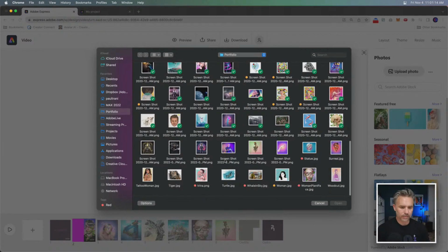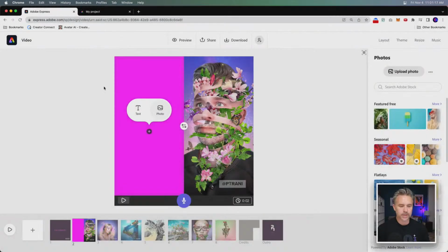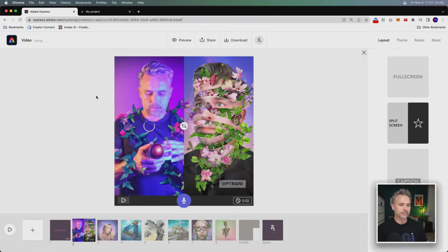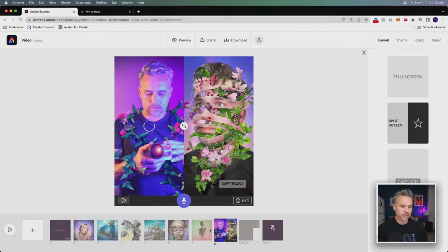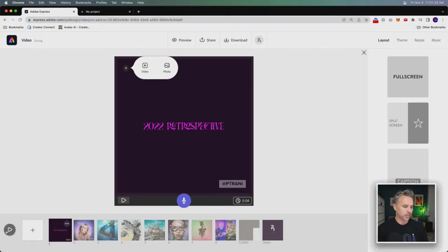Wait for it, wait for it. This is my ego frame, as I like to call it. There we go, got our ego frames in there. And move those back. And let it roll.